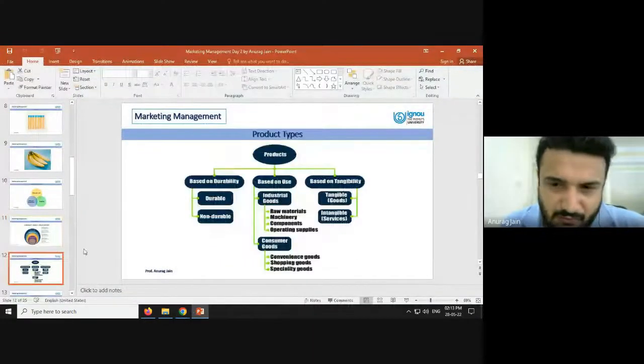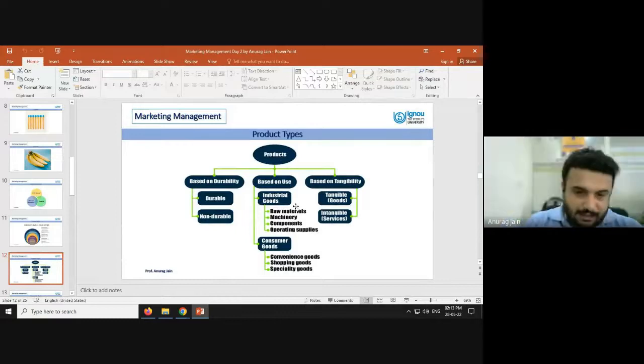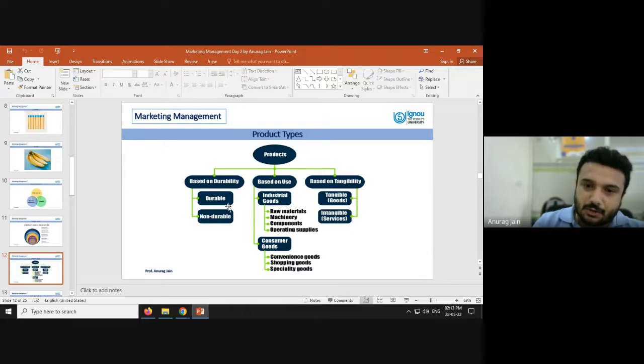Okay, right. So quickly, we are going to talk about the different types of products here. See, there are three major bases on which we have divided these products. First, it is based on durability and non-durability. There are some durable products. All these computers, laptops, mobile phones, and possibly automobiles can come under durable products. There are some non-durable products which we also call perishable products, such as vegetables, fruits, milk items, consumables. All this can come under non-durables.